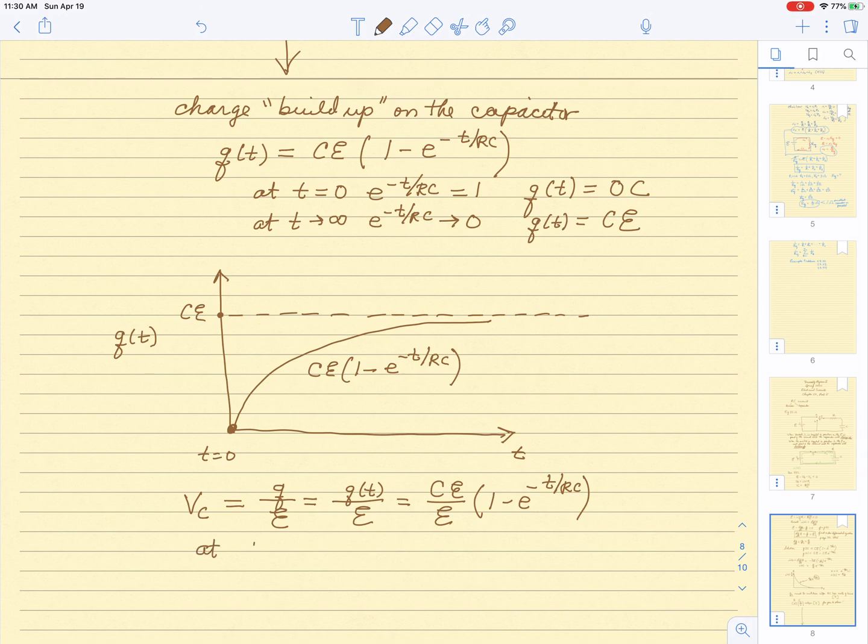At t equals 0, e to the negative t over RC is equal to 1, 1 minus 1 is 0, and so the voltage across the capacitor is going to be 0 volts. At t approaching infinity, e to the negative t over RC is going to approach 0, and so the voltage across the capacitor then is going to be CE over